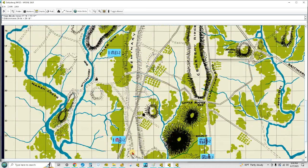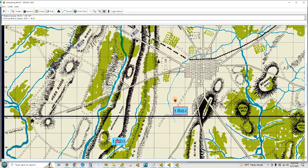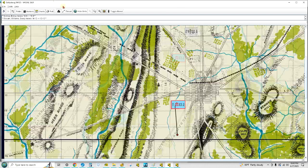And yeah, you could take it into the context of the time, but I think even in the context of the time, there's a lot of problems with this. I mean, you could pretty much leave your cavalry back and then just have the Union chase you around the map until you got tired of playing. But that's...